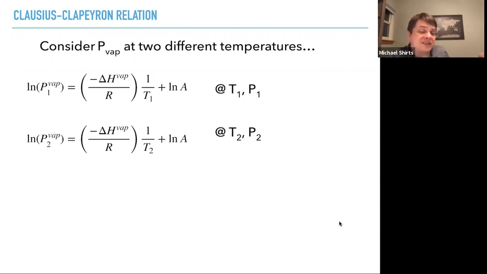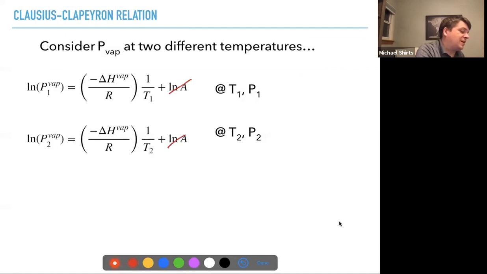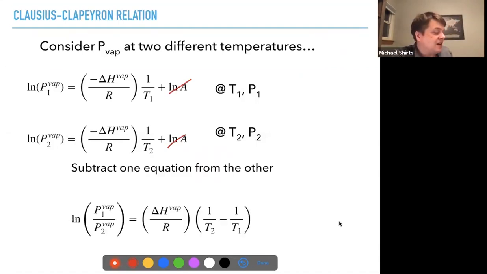Now if we subtract these two, you notice that the log A's disappear. They cancel out. The thing we can't calculate cancels out, and because log of x minus log of y is the same thing as log of x over y, we get log of P1 vap over P2 vap is equal to delta H vap over R times 1 over T2 minus 1 over T1. So that's the 2-point formula of the Clausius-Clapeyron relationship,